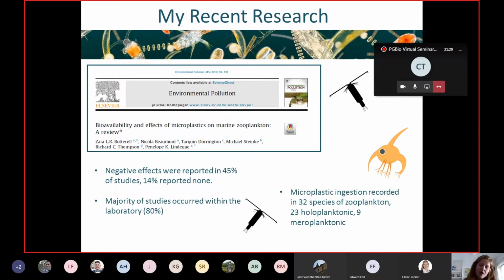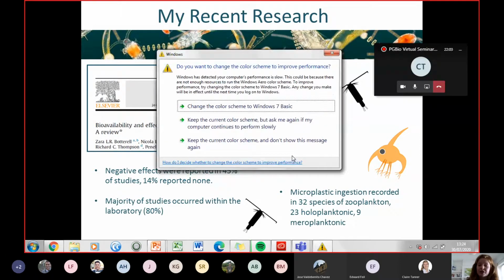So for the first part of my PhD, I conducted a literature review where I looked at the bioavailability and effects of microplastics on marine zooplankton. So the first part of it, I assessed all the recent literature, looking at which studies had assessed what factors and using which microplastics, which species. And I found that negative effects were reported in 45% of studies, 14% reported none. The majority of these studies occurred within the laboratory, and microplastic ingestion was recorded in 32